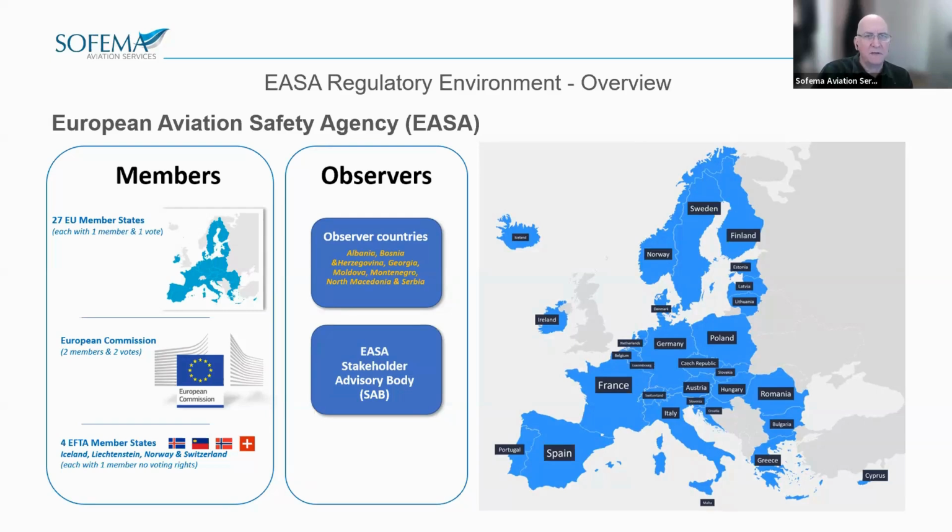The European Commission is actually the body that develops and adopts the high-level aviation regulations, but it does so with assistance from EASA, which is the industry expert, so to speak, in Europe. The EASA Management Board meets on a regular basis, and it takes its decisions in support of the key principle and goal of ensuring aviation safety and environmental protection in Europe. And the decisions taken by the EASA Board are regularly published on EASA's website.